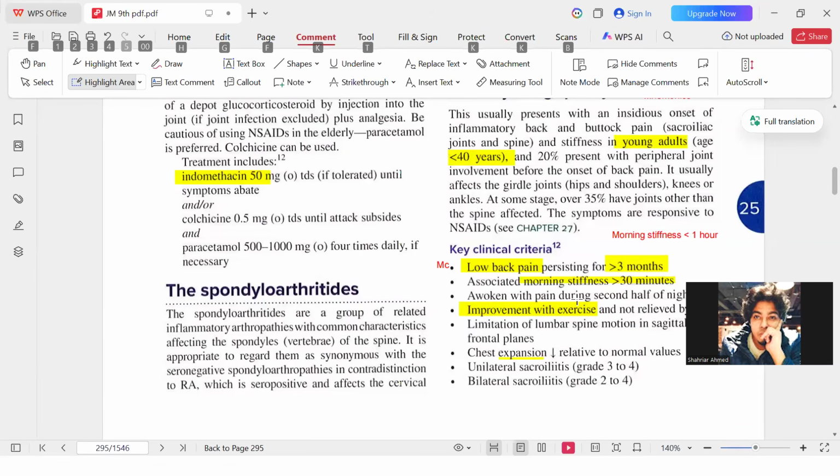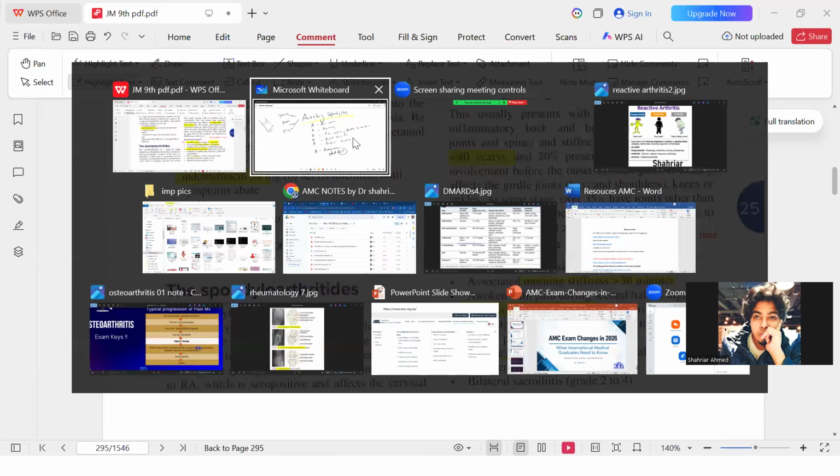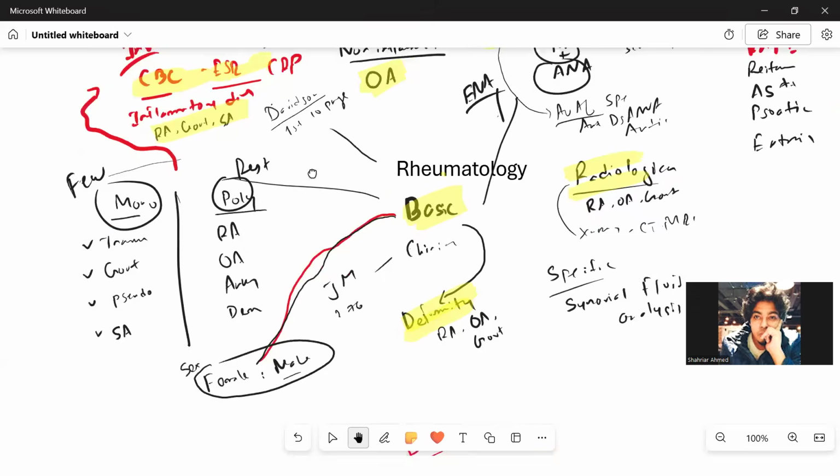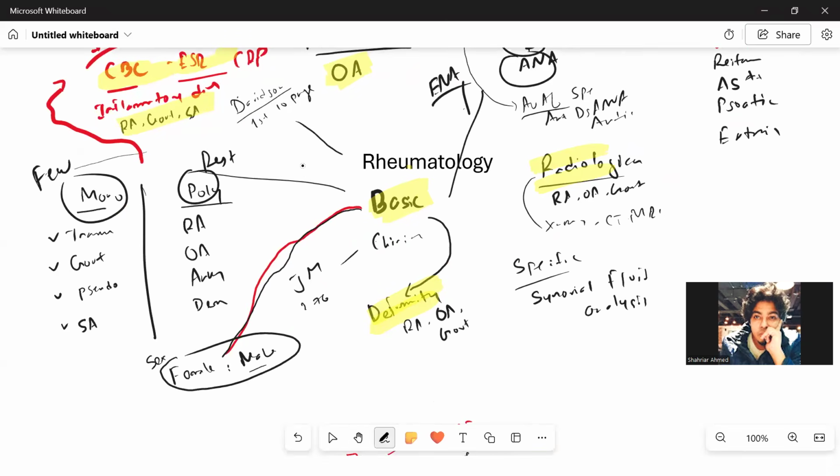So here are a few points. Morning stiffness, this and that. These are very, very important points. This is one of the things, maybe a part of our basics. Let me add that one. Initially, a lot of basic things we mentioned. Let me try to add an important clinical basic with the word morning stiffness.